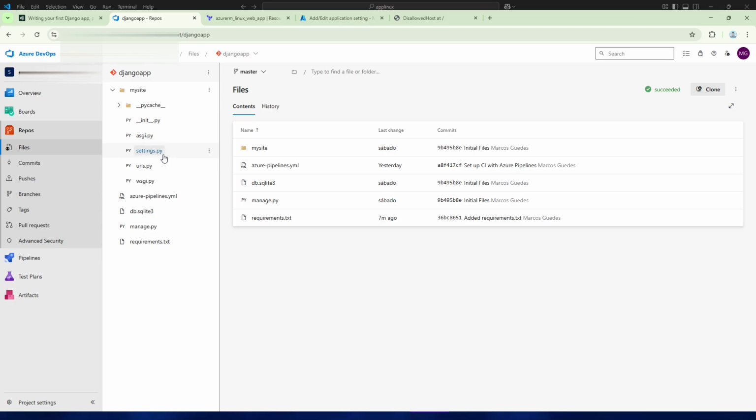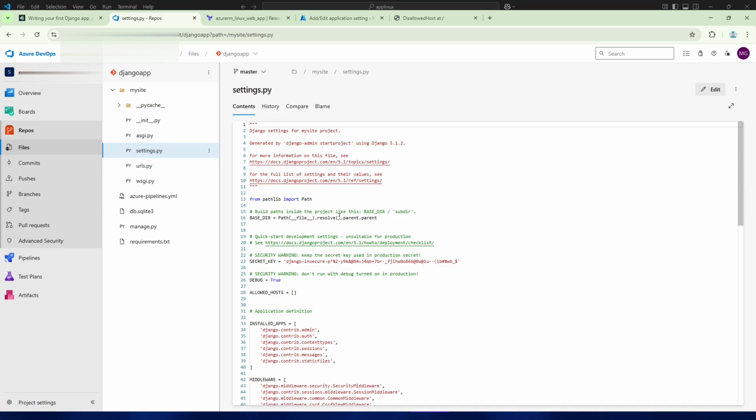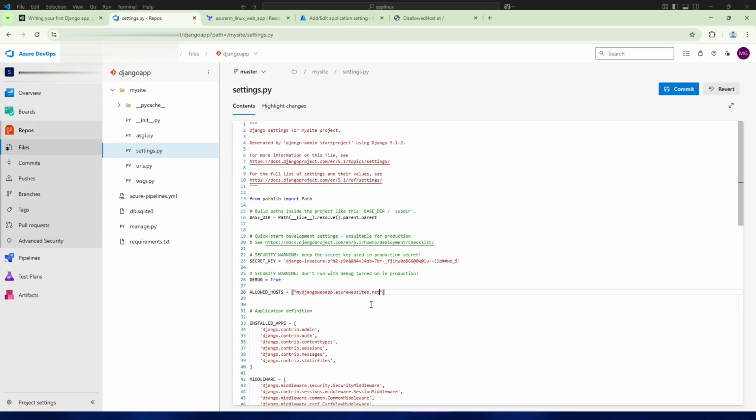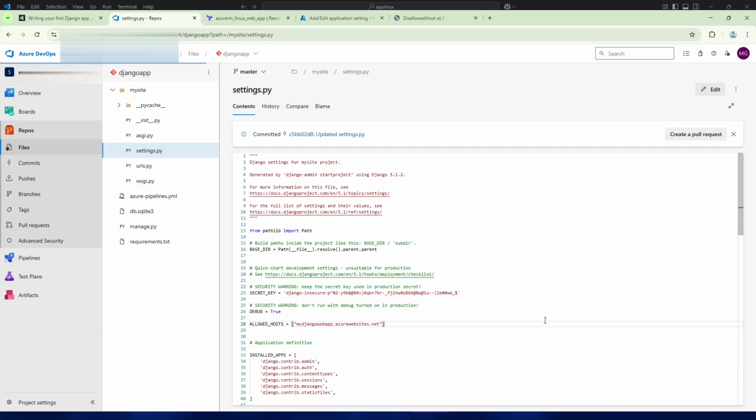Click on it, click on the edit button, and in the allowed hosts variable, add the URL. Commit to save, and let's execute the pipeline again.